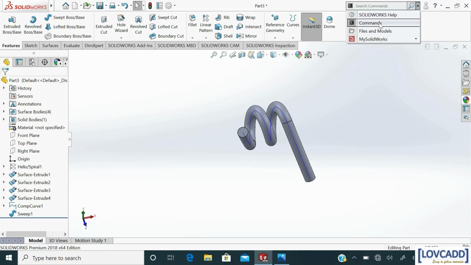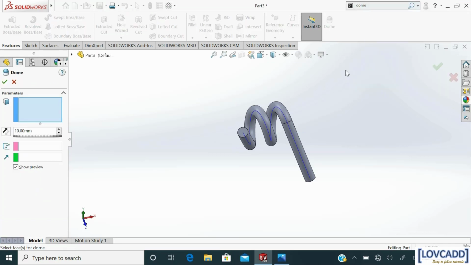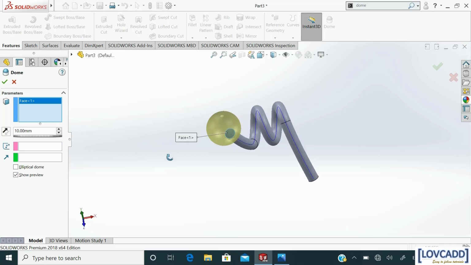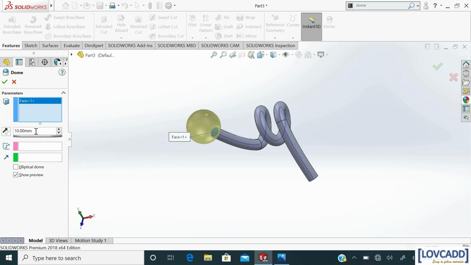You can search here for dome, enter. Select this face and add the dimension as 1.5875 mm.